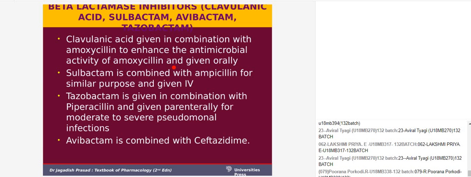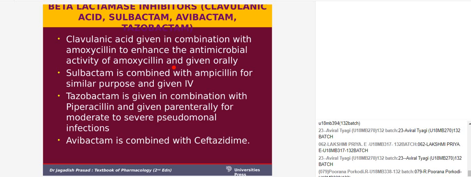Clavulanic acid plus amoxicillin is available as oral, intramuscular, and intravenous. It is mainly used in skin, soft tissue, otitis media, respiratory, and urinary tract infections caused by beta-lactamase producing strains of S. aureus, E. coli, H. influenzae, and gonococci. And clavulanic acid plus ticarcillin is available as parenteral. It's mainly used in mixed nosocomial infections due to aerobic gram-negative bacilli, S. aureus, and Bacteroides species.